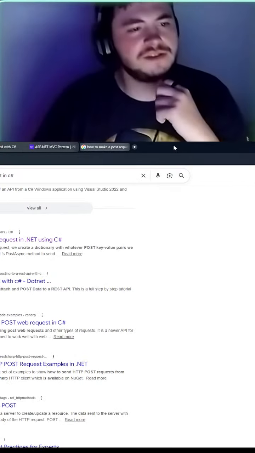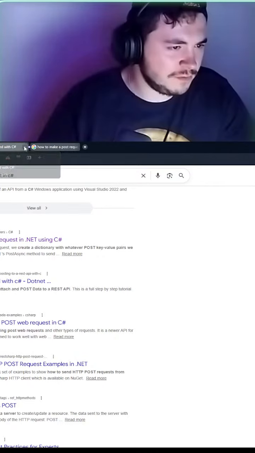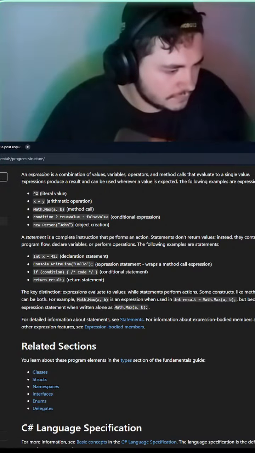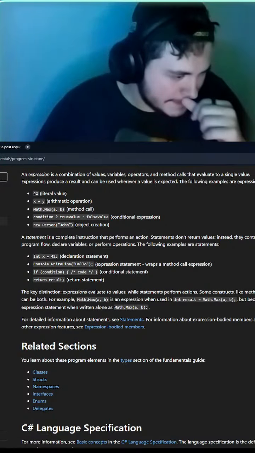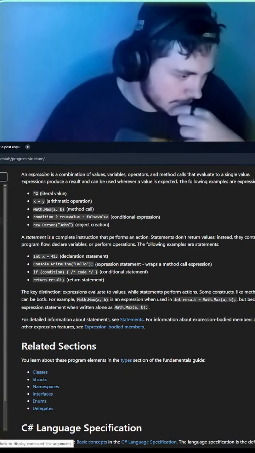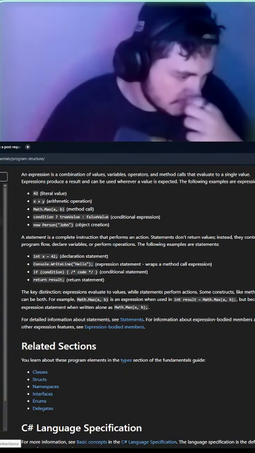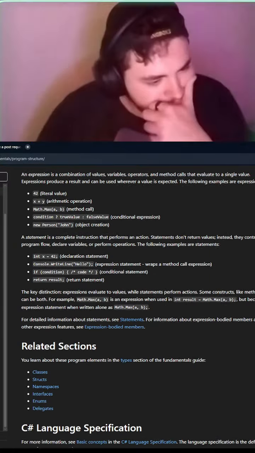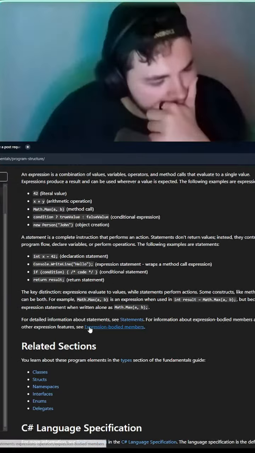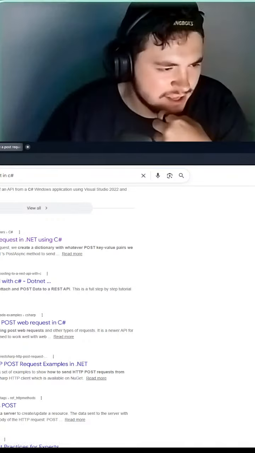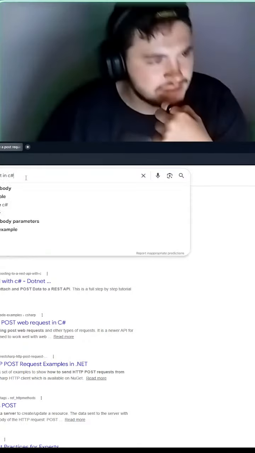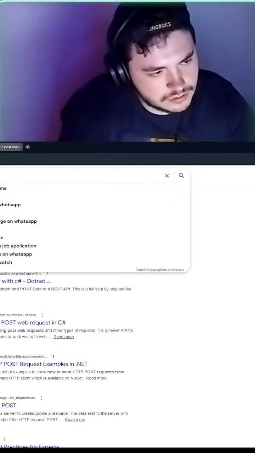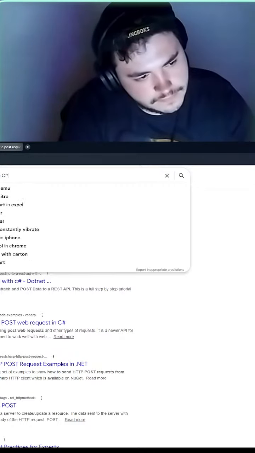So this is not 100% what we're looking for. We're basically looking for a tutorial on how to actually make a post request, in C#.